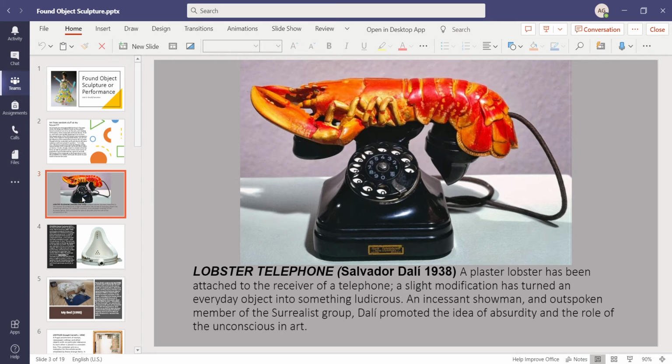A lot of you might have heard of Dali from a lot of his famous paintings, his dreamlike surreal paintings. So basically, he placed a plaster lobster onto the receiver of a telephone. It's only a small change that turned an everyday object into something ridiculous. He was a showman, very dramatic, and he liked the idea of absurdity and the role of the unconscious in art, which basically means what happens to the viewer as they look at the art